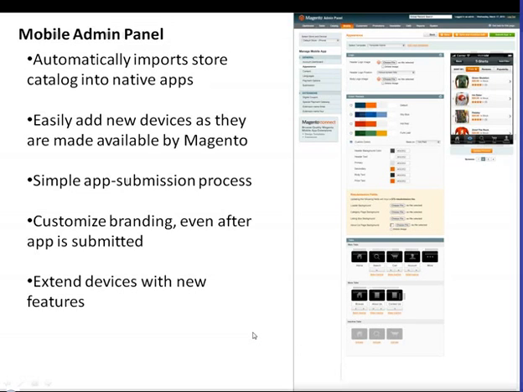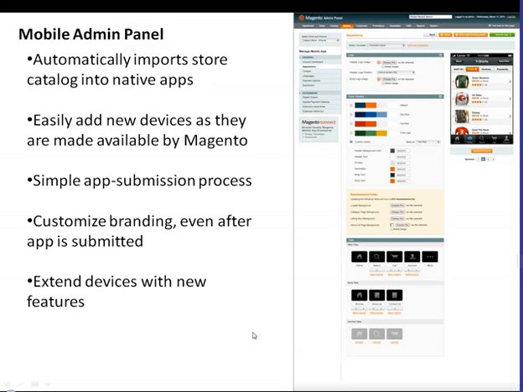We took a different approach to getting that catalog into a native app because we found that the typical methods used to get product catalogs on the web were a little bit clunky for mobile and didn't accommodate some of the unique ways that, let's say, the iPhone absorbs XML. So this new product gets product data, account data, checkout data into an app very efficiently. You're going to be able to easily add new devices with this as they're made available. So when we release the iPad, when we release the Android, you're going to be able to go and procure those